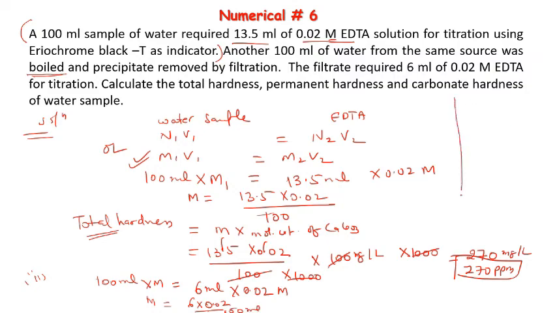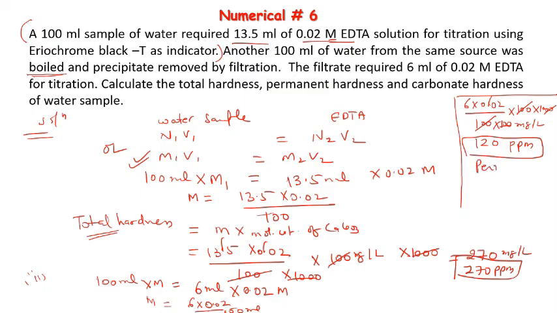I will make it over here. So 6 into 0.02 divided by 100 multiplied by 100, which is the molecular weight of calcium carbonate in grams per liter, multiplied by 1000 to convert it into milligrams per liter as I did for this. So here in short I am doing this. After removal of decimals, 20 will be cancelled out by this 20, 6 twos are 12 into 10, so 120 ppm. So this is the permanent hardness,